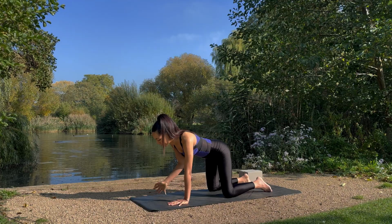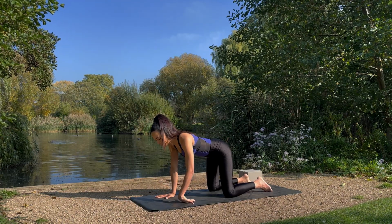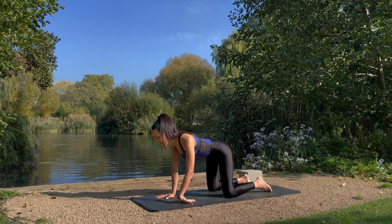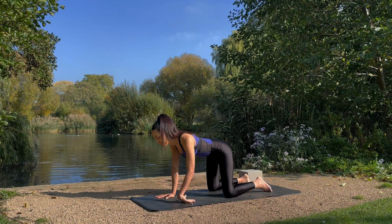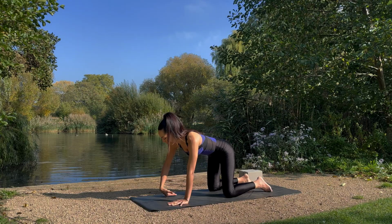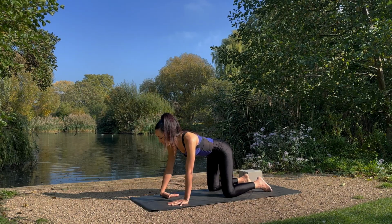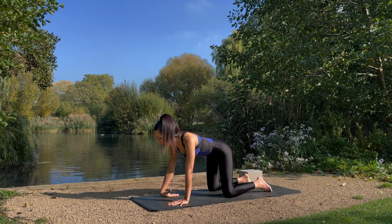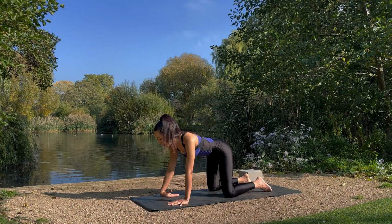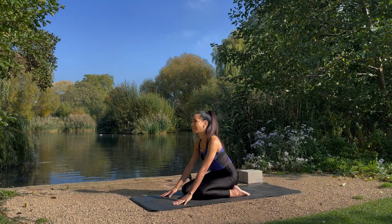Turn the palm back around as we come onto the top of the left wrist. Left palm facing upwards, left fingers facing the knee, creating small circles and moving with ease. Take an inhale breath as the left hand comes back to neutral, coming onto the top of the right hand. Back of the hand rolling into the earth, easing off any tensions in the wrists. Inhale, both hands come back to neutral and gently rest on your knees for a second, setting up to open